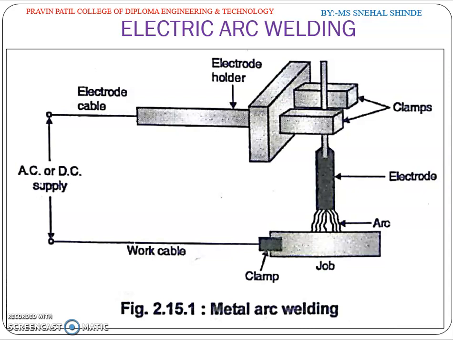To get a good weld, the reaction of the molten metal with oxygen and nitrogen should be avoided. So slagging and fluxing ingredients are used. The melt is covered with the slag and the electrode is covered with the flux.